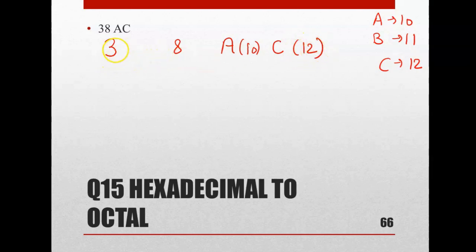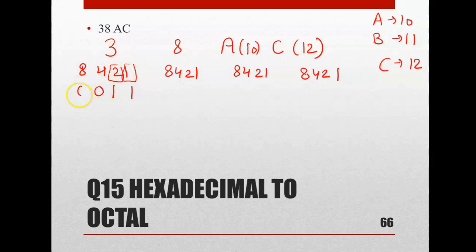What you have to do is use the 4-bit conversion. You can write it in a shorter way as 8421, for each digit. Please don't get confused with this 8421. It is 2 to the power 0, 2 to the power 1, 2 to the power 2 and 2 to the power 3, so the addition of these digits should give this value only. We have 3 here. For 3 it will be 2 and 1, right? So these two will be filled with 1 and the rest you can fill with 0. This is a shorter way to convert it into binary form.